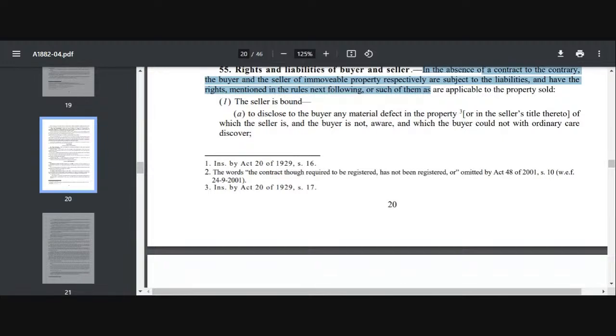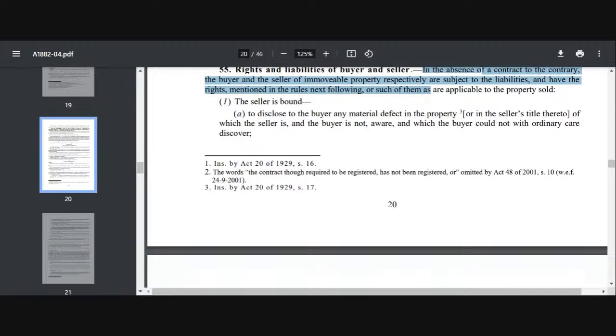So before sale he has certain rights, right, like he has a right to realize the interest on unpaid purchase money, or he is also entitled to all rent, profit and other beneficial interest. Okay, before sale he has all these rights. But after sale he has a right of lien. That means if there is any unpaid amount, then the seller will have a charge or a lien on the property. Okay, and that unpaid price is like a debt, so he can also claim interest on it. ठीक है.